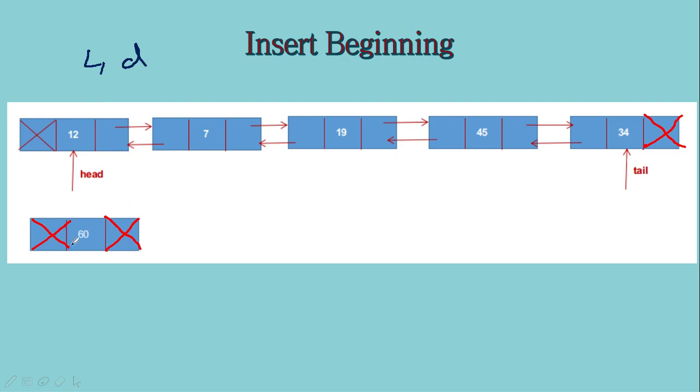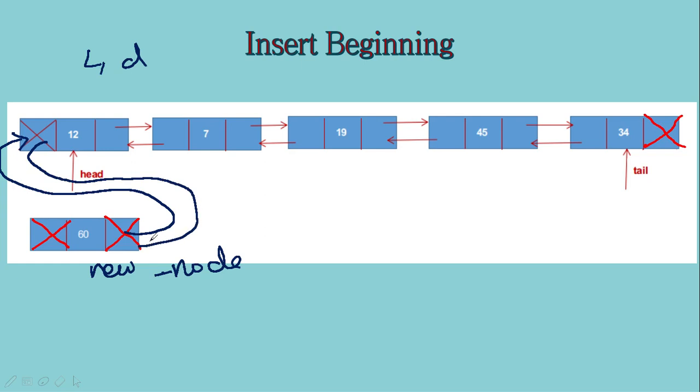So we have to create a new node using the create node function, put the data in the data part, and it will also initialize the previous and the next part to be null. We have to attach this node to the existing list and make it the first node. So let us call this the new node. The next part of the new node should be pointing to head, the current first node, and the previous part of the head should be pointing to the new node, and you have to move the head to the new node. So this will make insert beginning.